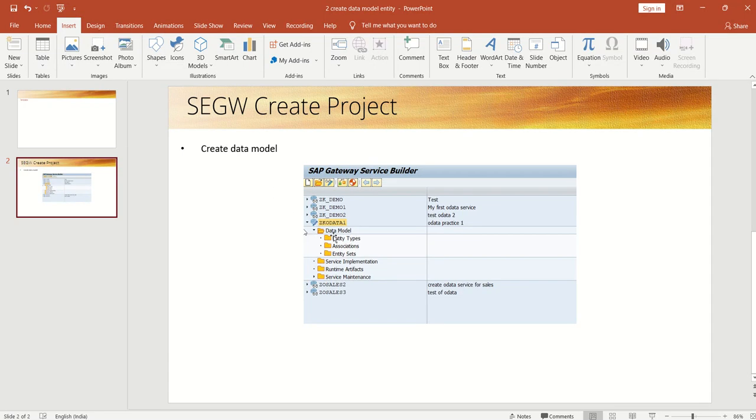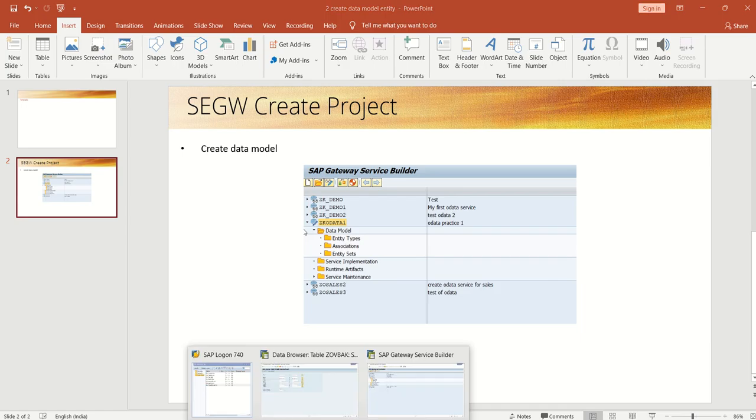So once we're done with the creation of our project, first save the record, and the next task is to create the data model. The data model contains the entity types and association, entity set, etc. So based on requirement, we have to define single or multiple entity types. So here in this example,